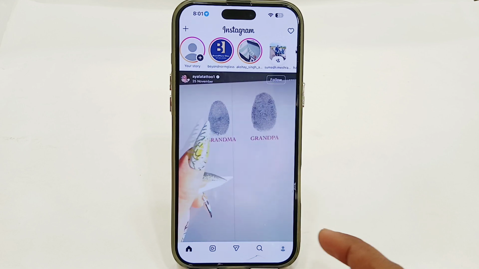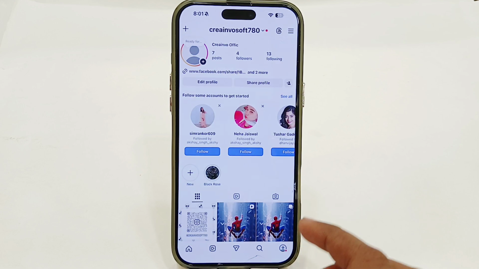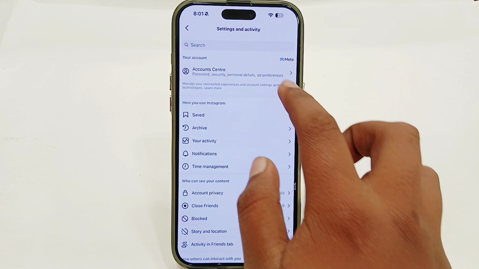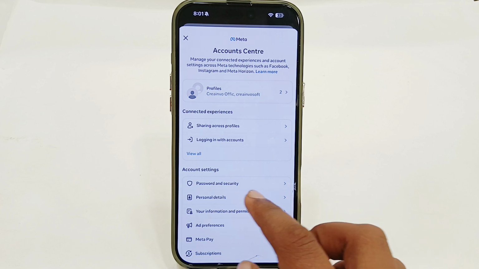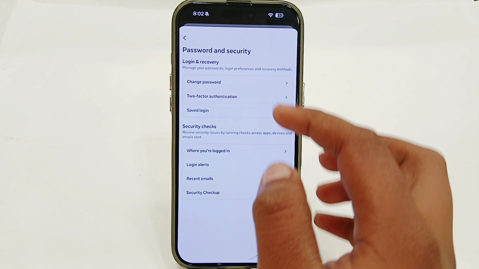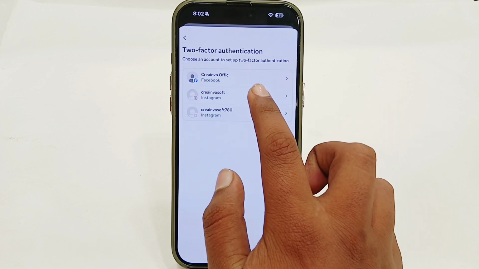Now from here, just tap on your profile in the bottom right, and then tap on the three horizontal lines in the top right. And here, just tap on your Accounts Center option, and now you just select Password and security. And you'll get the option of two-factor authentication. Just select that option here. Select your Instagram account,